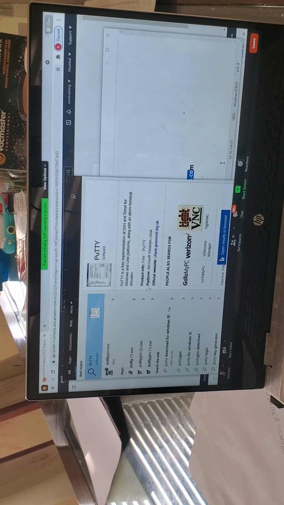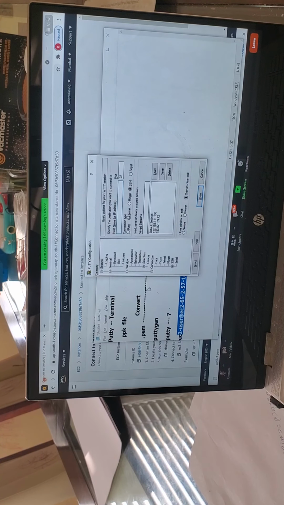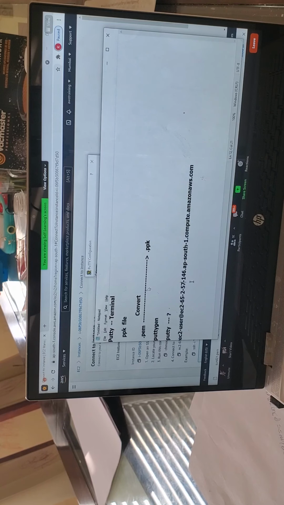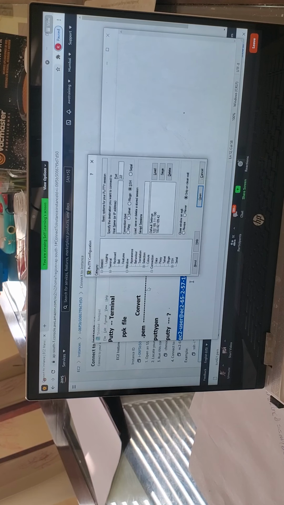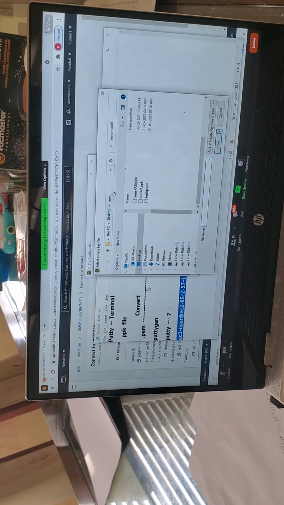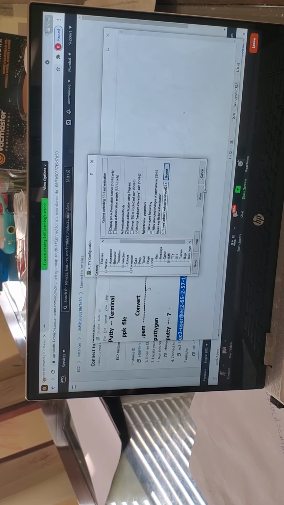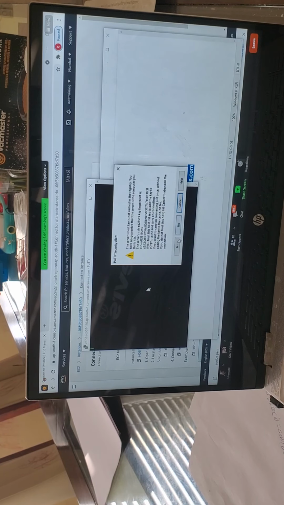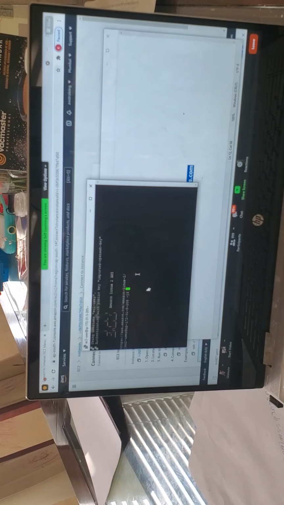Open the PuTTY terminal. Enter the host name. And you need to mention where exactly the PPK file is available, under SSH, under authentication, mention the private key. Where is the private key? In my desktop Sunil folder. I think this is the name, sunil21.ppk file. Just click on open. Are you sure you want to connect? Yes, I have successfully connected.